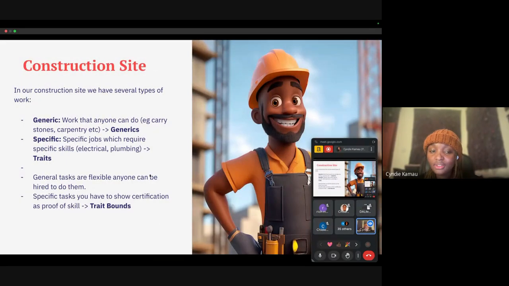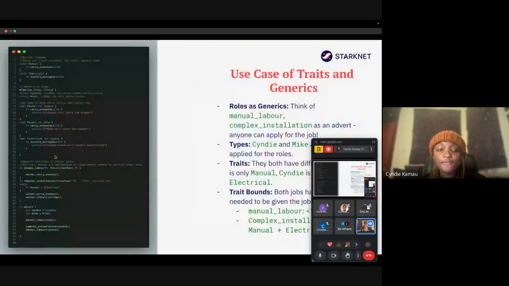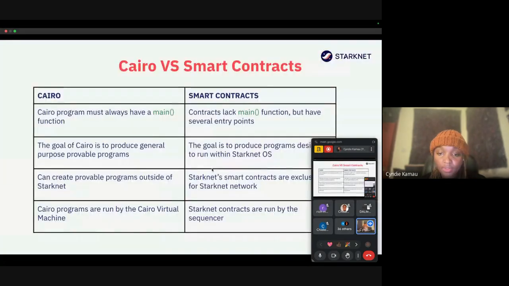But now with traits, you're adding specific requirements which need specific skills. For example, if you have any work like carrying stones, anyone can walk into a construction site and do it, which is what we connect to generics.